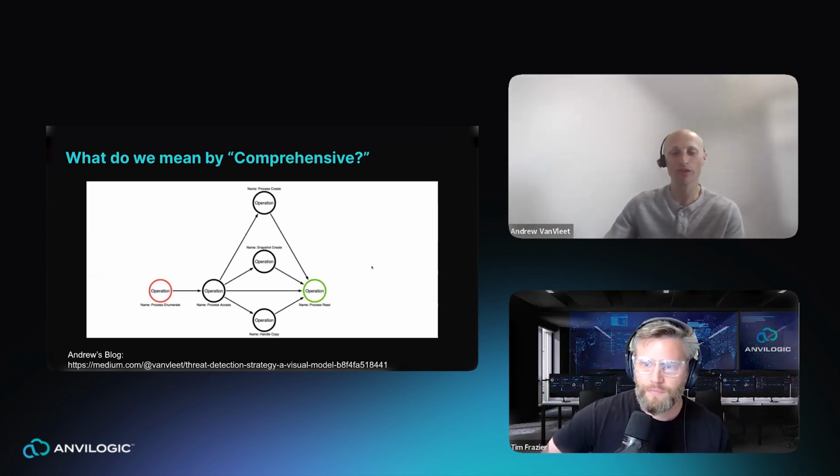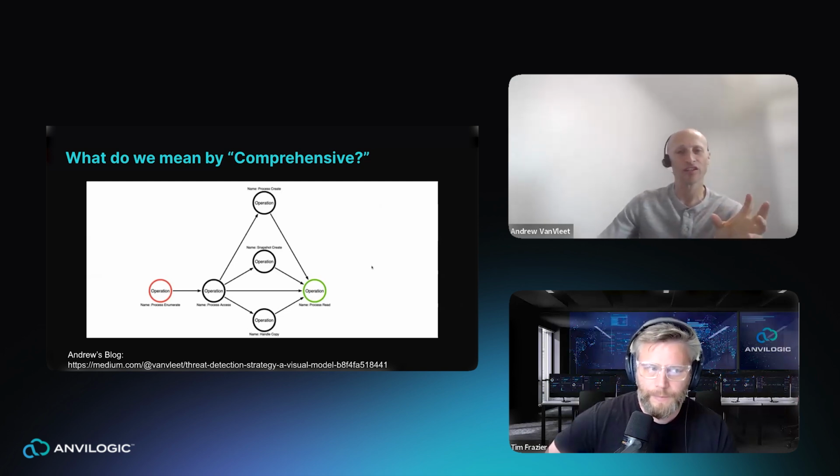Like, what do we really need to do differently here? And I think this is where we get at it. So what you're seeing here on the screen is something I borrowed from an excellent blog series by Jared Atkinson, where he takes the technique of dumping the LSASS process and breaks it out into specific operations, kind of abstracts those operations, and then maps out all of the ways that he has found published to do LSASS